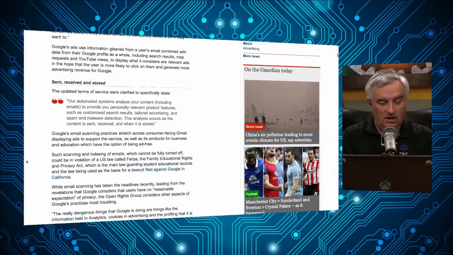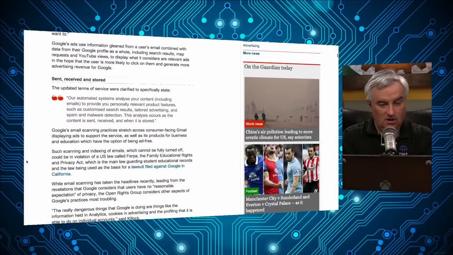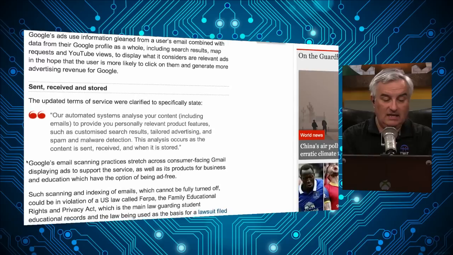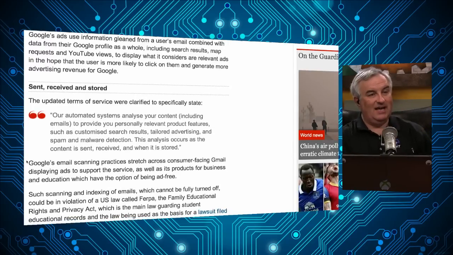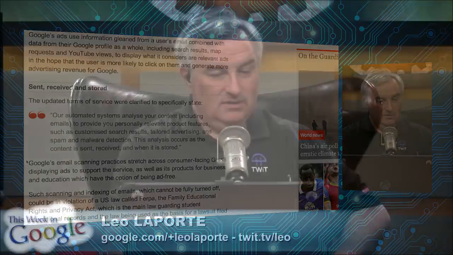These changes will give people even greater clarity and are based on feedback we've received over the last few months. Here's the new terms of service: our automated systems analyze your content, including email. Now, actually, that's important, including can also be not limited to. So they analyze your content. Is that your Google Docs? Does that mean your docs?